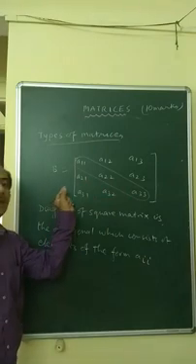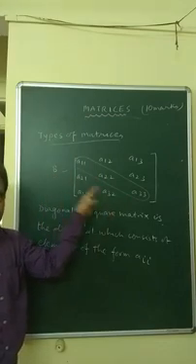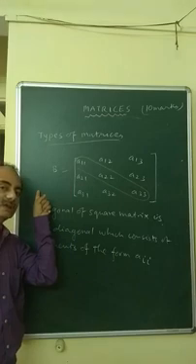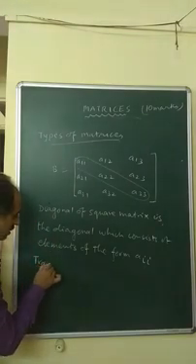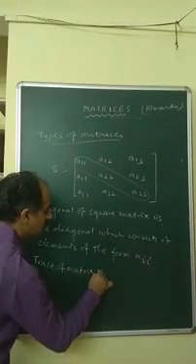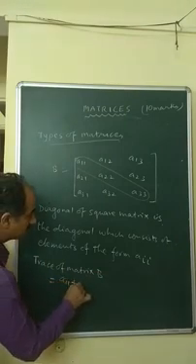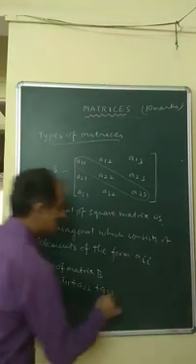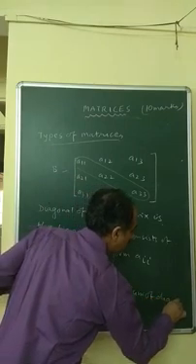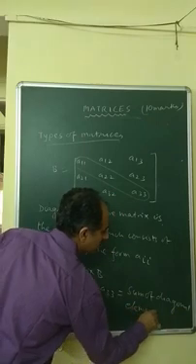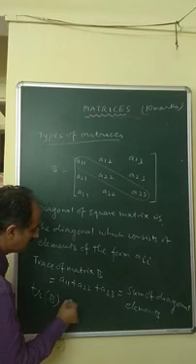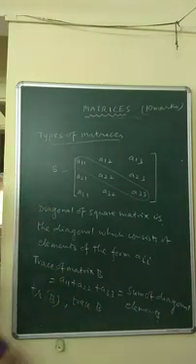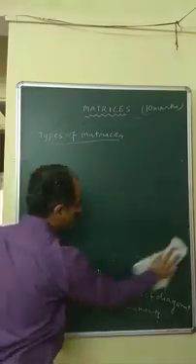Okay, in this there is one more term, trace of a matrix. This trace is defined only for square matrices. It is not in your NCERT book, but it is asked in competitive exams. Trace of matrix B is A11 plus A22 plus A33. It is the sum of diagonal elements. That is called the trace of matrix B. It is also denoted by tr(B). So the sum of all diagonal elements is called the trace of a square matrix. It is defined for a square matrix only.